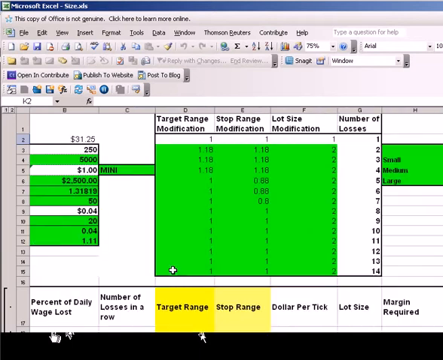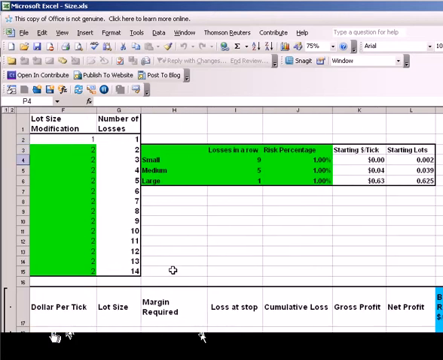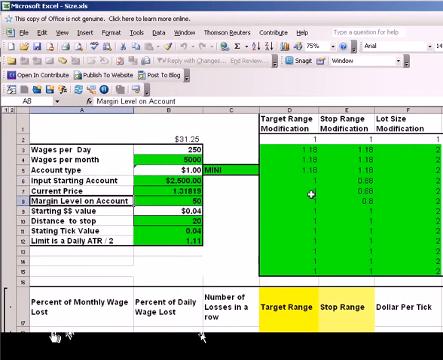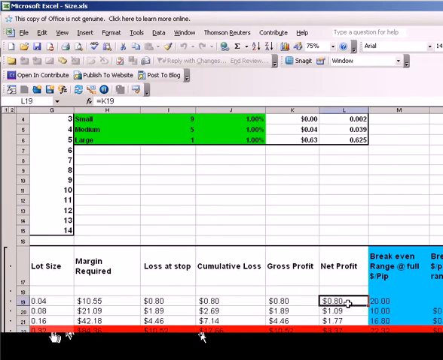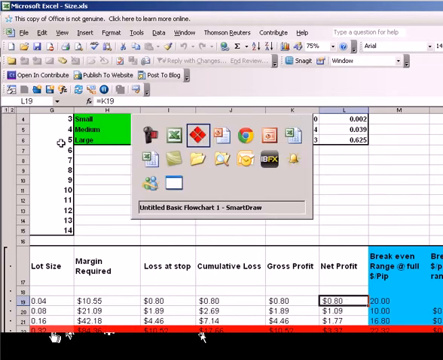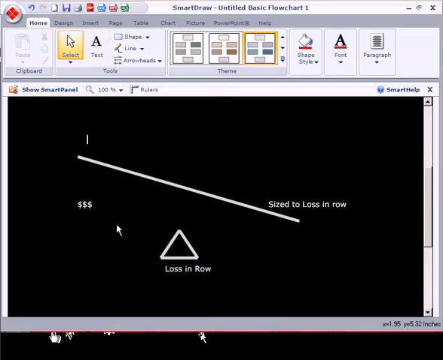Well, if we come over here and we say, look, I'm going to lose 5 times in a row and be down 1%. If I'm going to do that on a $2,500 account, I'm going to start my lot size at 0.04. Well, what does that mean? That means if I do win or I do lose, I'm going to lose 80 cents. Well, wait a second. This is way out of balance. On Kurt's thing, on this end, we need to make $31.25 an hour, and we're making 80 cents.